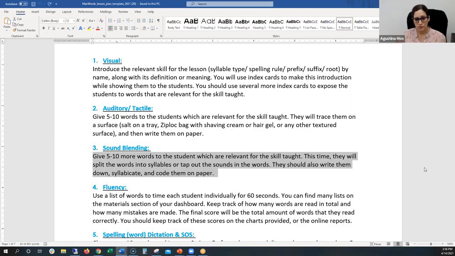I can still introduce more words. I can still give another type of activity, another type of exercise, but not necessarily splitting the word into syllables because it's not relevant right now. And not necessarily sounding them out or tapping out the sounds because it might not be relevant right now. So what I like doing when it comes to different spelling rules, and it changes from rule to rule,